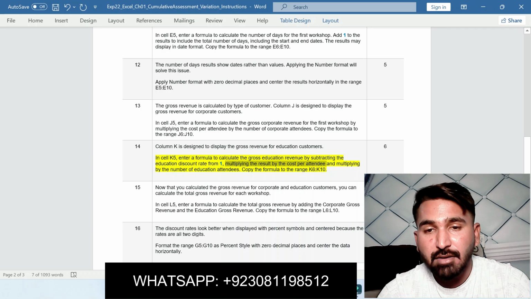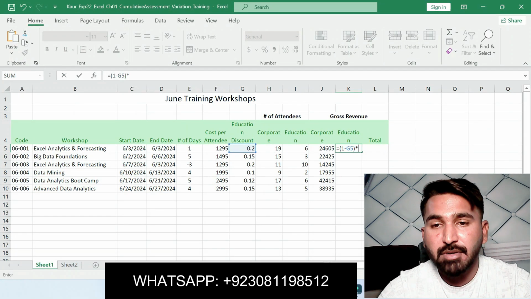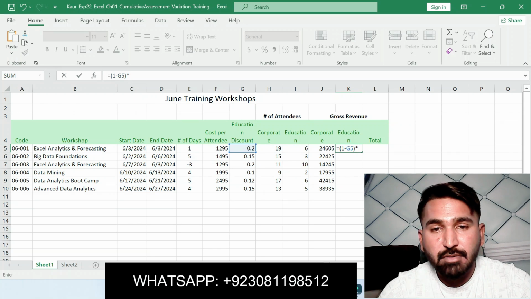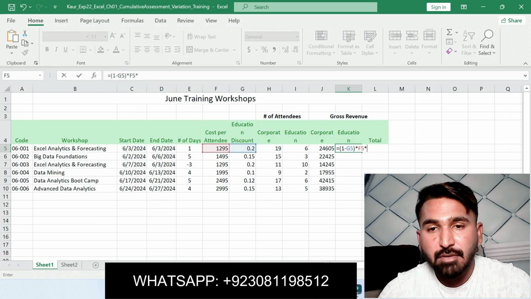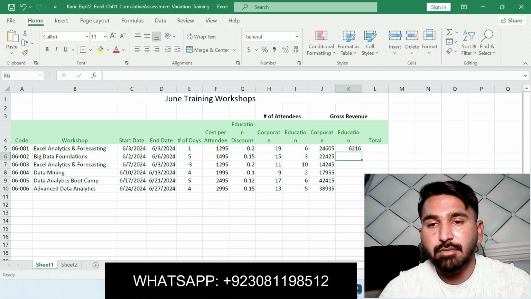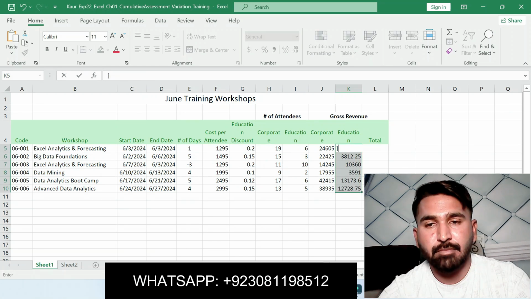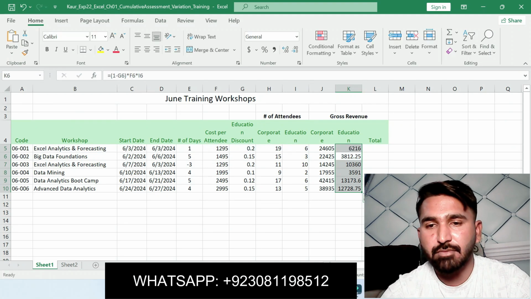Multiplying the result by cost per attendee and multiplying by education attendees. Okay, here is what we will find.